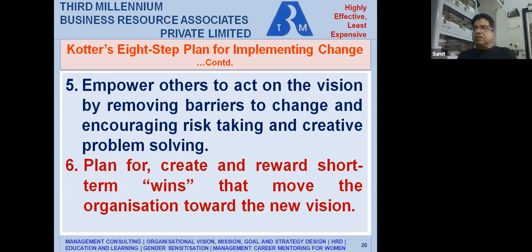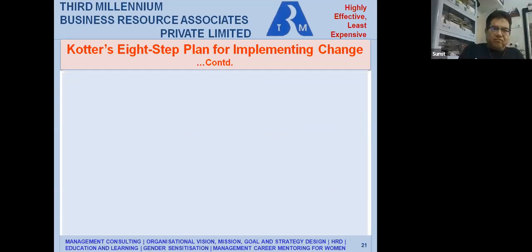Chota success story ko reward diye, that moves the organization towards the new vision. Don't wait for that big thing to happen. Aare bhai koi baat nahi, hum 12 mahine aapko salary denge, jab ye ho jayega phir hum aapko 1 lakh rupaye ke rate pe ya 20 lakh rupaye ke rate pe har mahine ka salary de denge. No, people can't wait for that long. Encourage small wins, give some rewards for that.